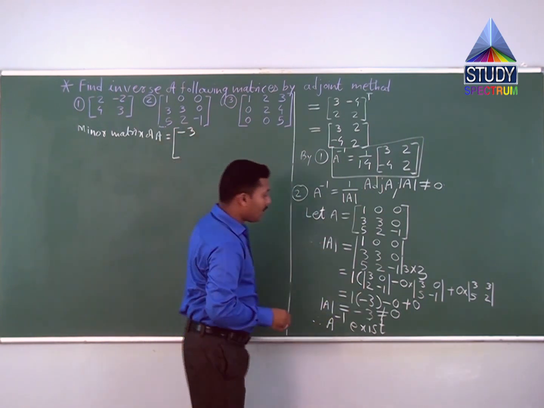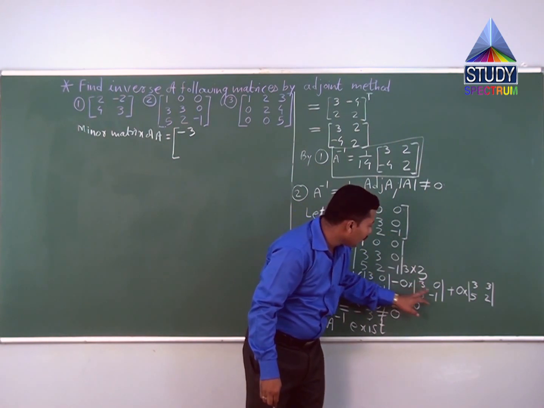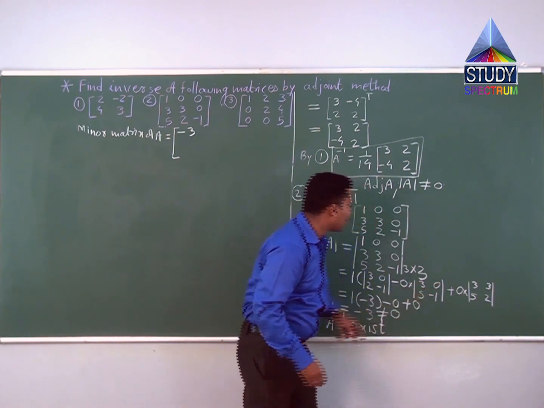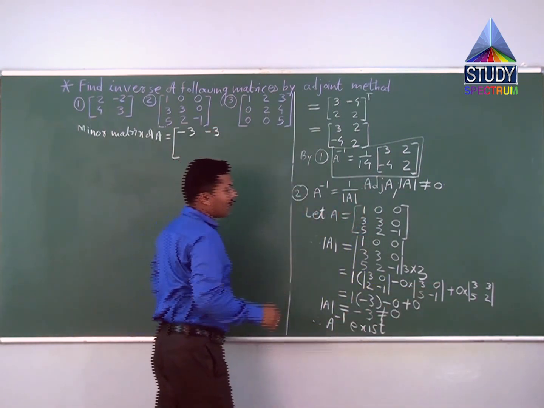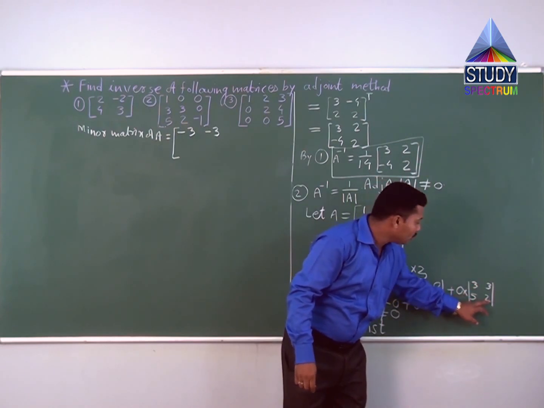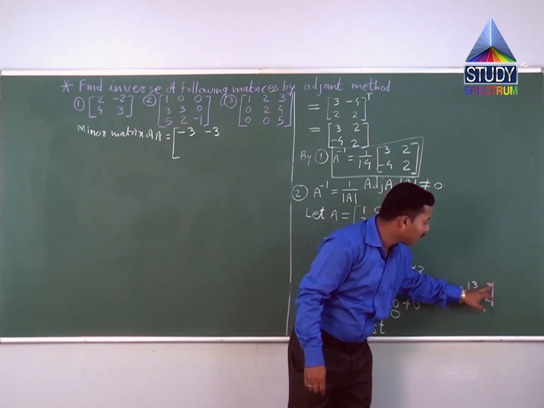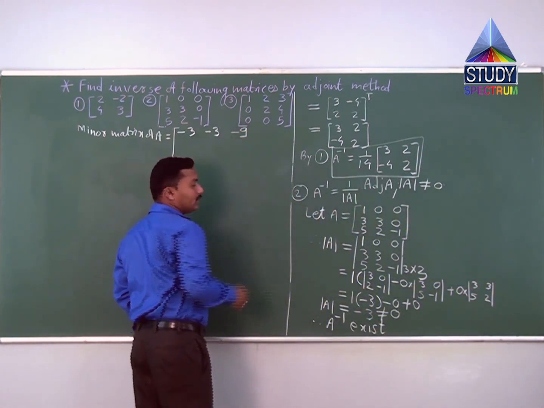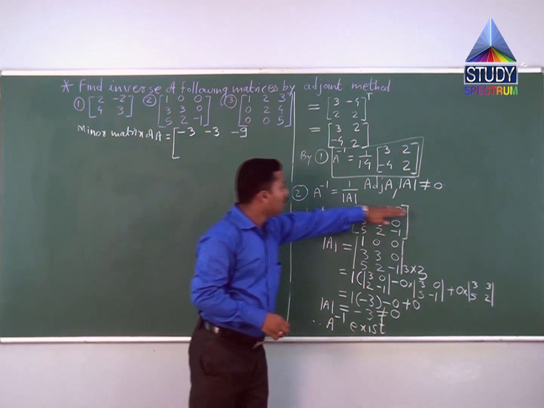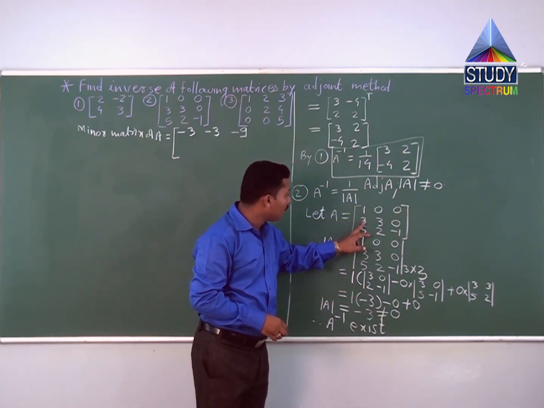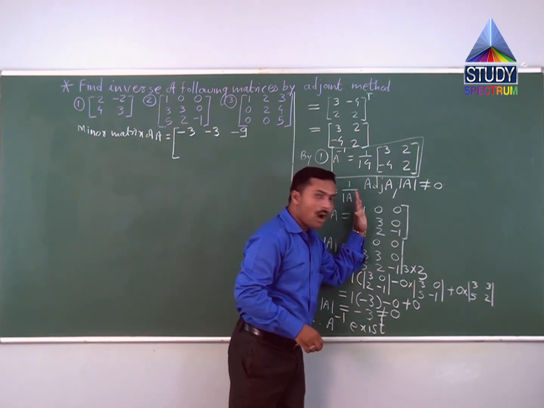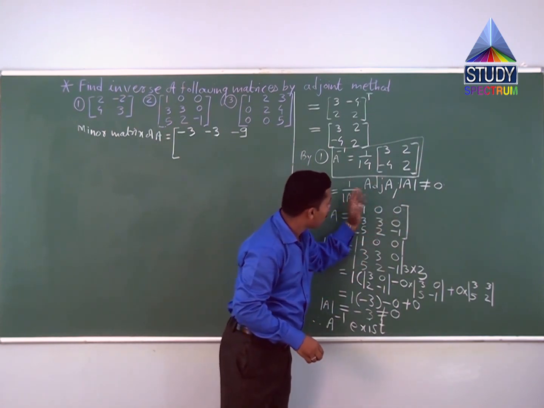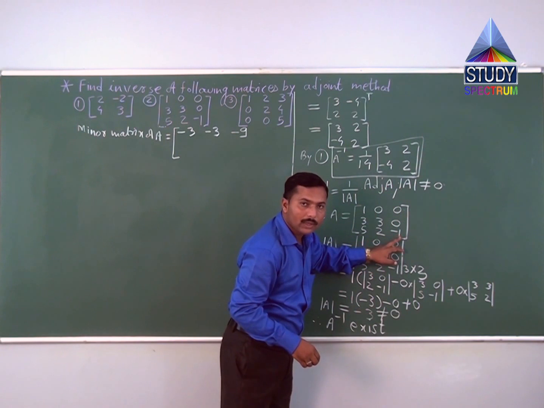And our last question is, what do you observe? By observing matrix A and matrix B, the first row is 4 5 in matrix A, and in matrix B the first row is 4 5. The second row is 3 1 in matrix A, and in matrix B the second row is 3 1. Therefore all numbers of matrix A and matrix B are equal place to place, and therefore matrix A equal to matrix B.